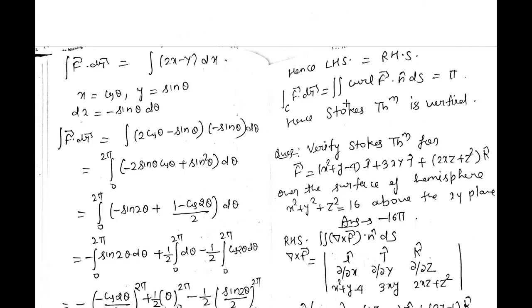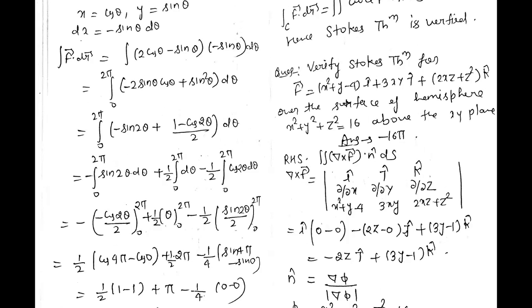There is another example here, to verify Stokes theorem. So I am going to solve only the right hand side. You will solve the left hand side because the left hand side is your line integral, and you know the line integral very well. So apply that method here, and here I'm solving only the right hand side. So we need to calculate del cross F vector dot n cap ds here. So your F vector is given, so calculate del cross F, meaning the curl of the F vector, right? So curl of the F vector means i, j, k,